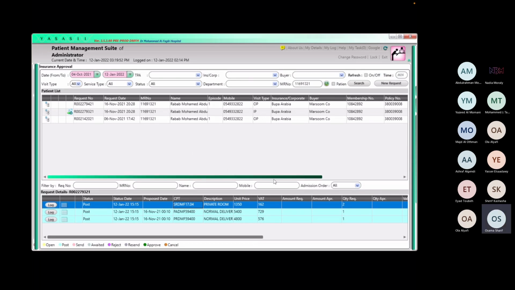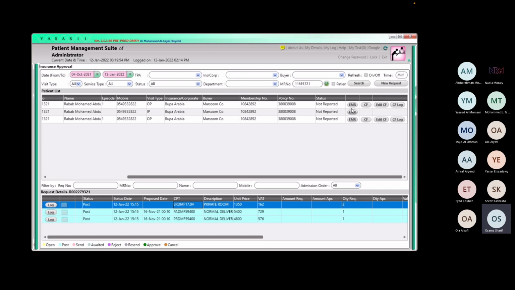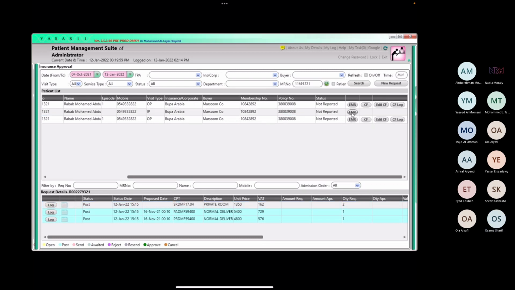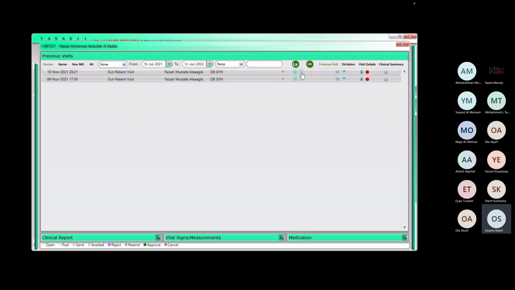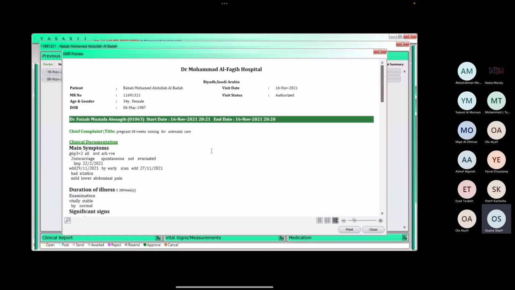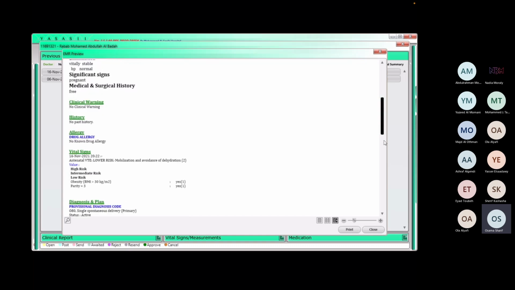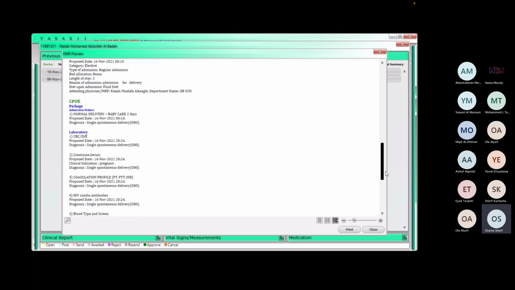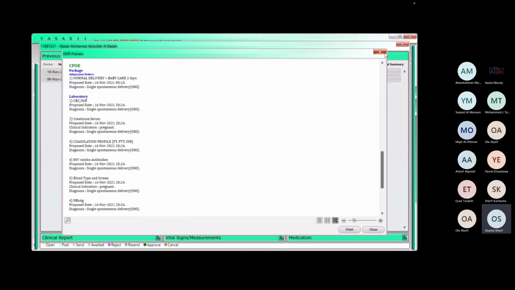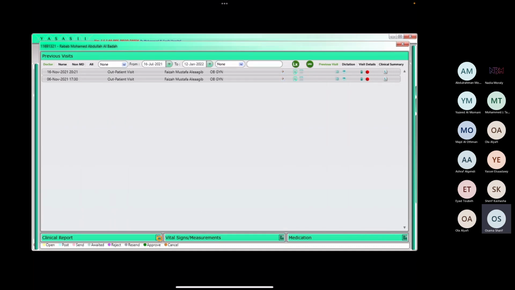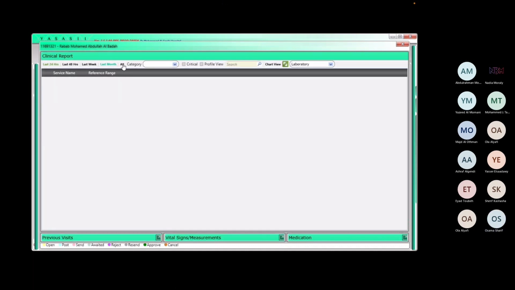Using this documentation again over here, if I click on EMR, I will get all the documentation that I need per se for that particular patient. I can use the claim form from the last visit where the admission order was entered. Here is the clinical documentation and information that I need for the particular patient. If there are any lab tests that have already been done, I can also see them over here. All